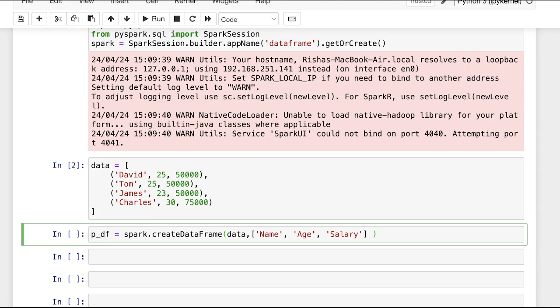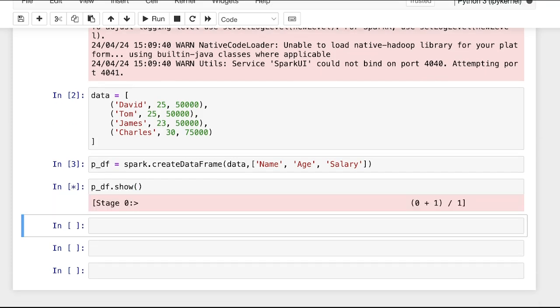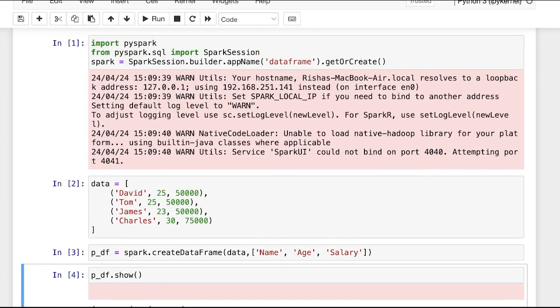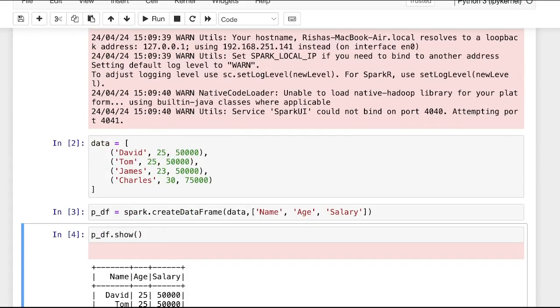So now when you do this, let me run this. Let's display the p_df data frame. So you can see our data frame is created successfully, manually. Whenever you want to do some practice and you don't want to work on a large data set, because that consumes a lot of time, you can manually create your data set for practice, or for some demo, using Pandas as well as PySpark, and I have shown you both the methods.